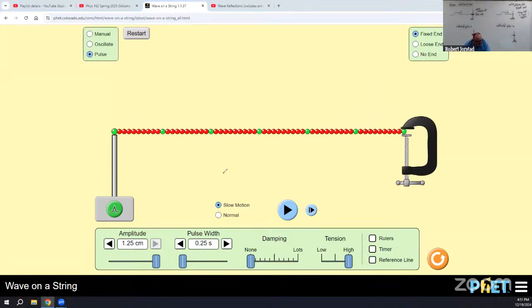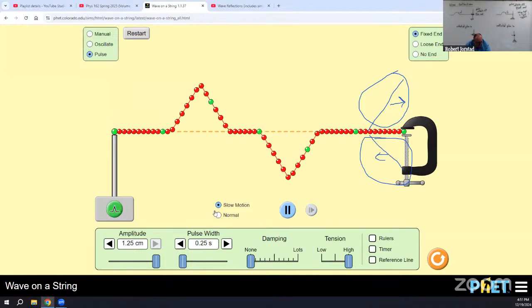Why? Let's think about it. There's one half of the pulse that's coming in. The other half of the pulse got inverted and it's going out. By wave superposition, this part of the wave combines with that part of the wave to give no wave. And now if we let this keep rolling,